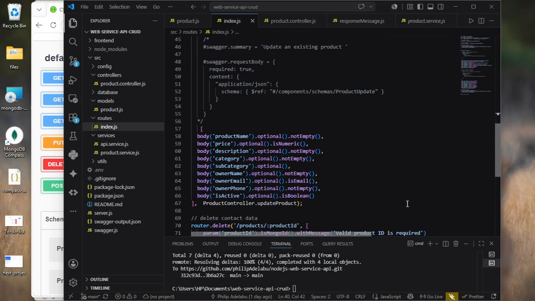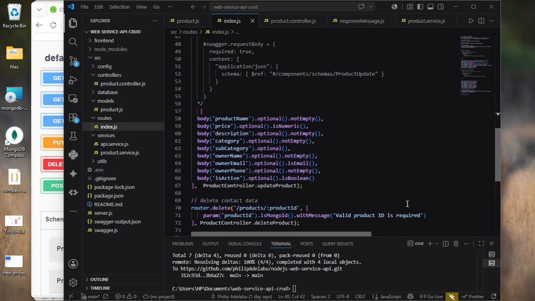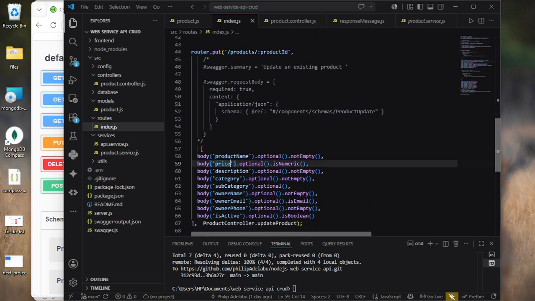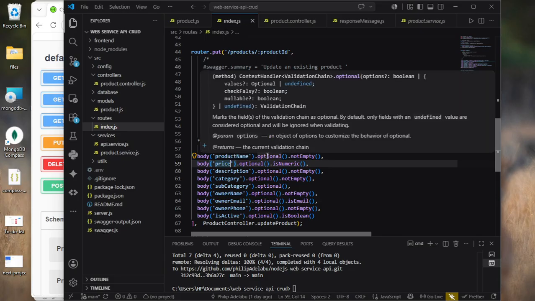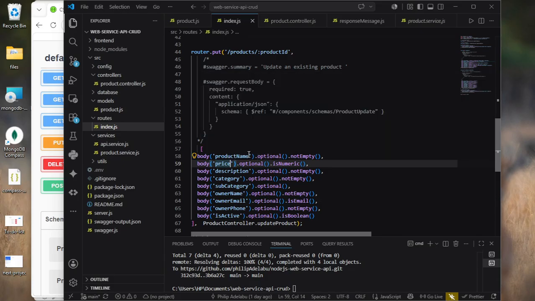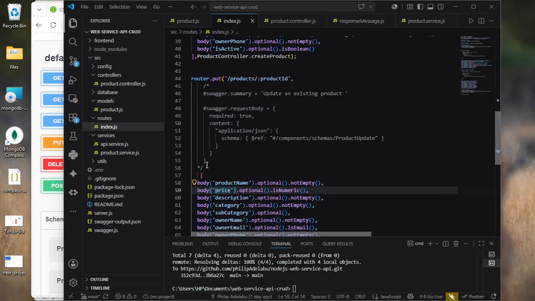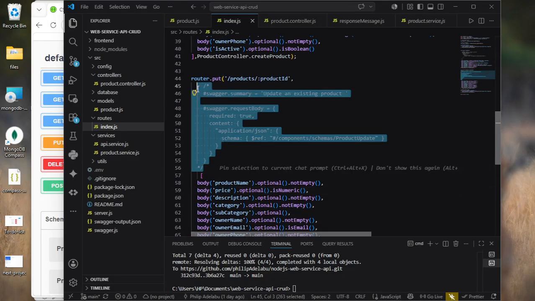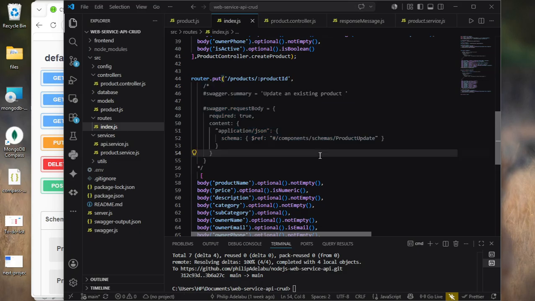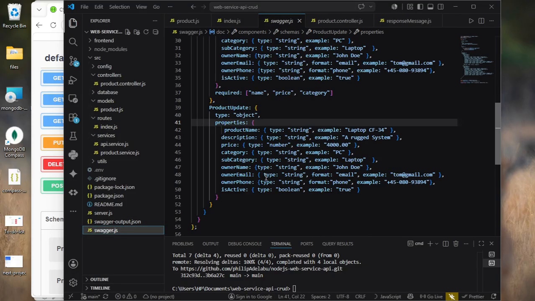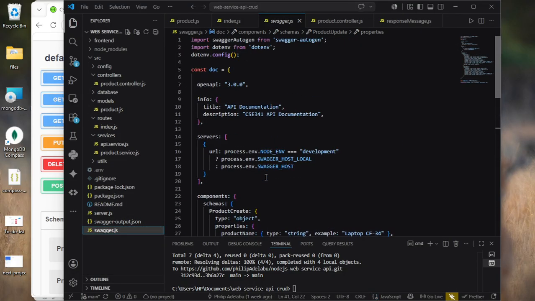Likewise, for this particular update too, I have to make all this optional. Like here, the name is optional. That means if it's not in the request body, it should still be submitted into the database. And I also have to put parameter data here to explain to Swagger exactly what kind of field it is expecting. As you see here, we have this particular configuration for the Swagger, where we have to call